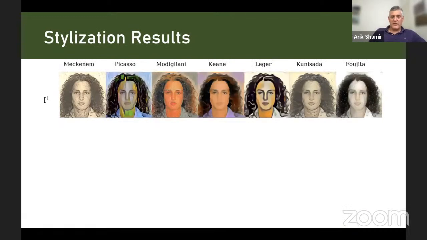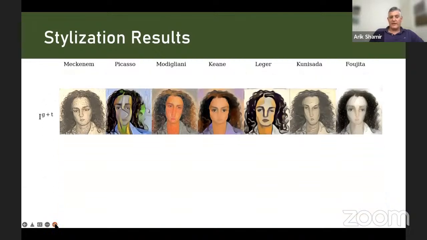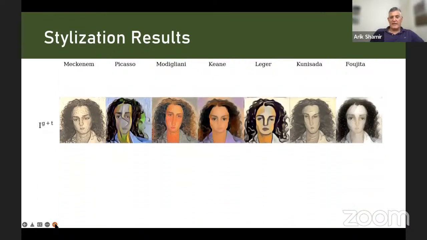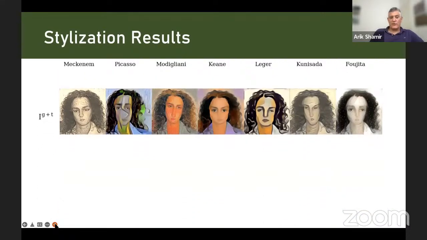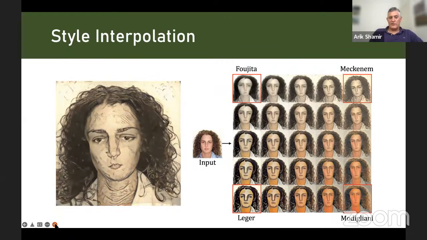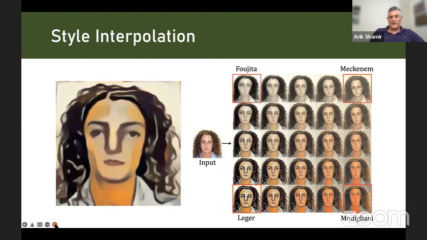And here are some results. This is just texture, and as you can see, it's nice, but it doesn't really convey the geometric style. And here is just the geometric style. And lastly, the third row is combining them together. So when you combine both texture and geometric style, you can get much better representation for each style of different artists. And obviously we can also combine, right? So now we have a model for each specific artist. We can create new artists, which are in a sense a combination of the different artists.